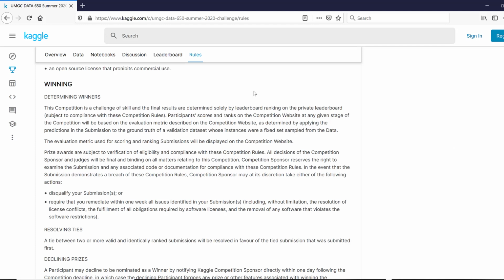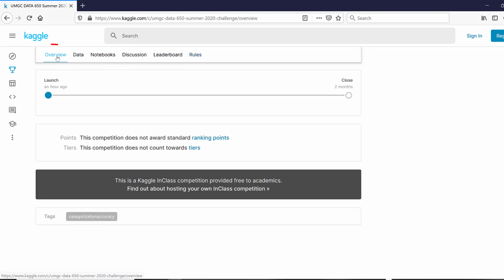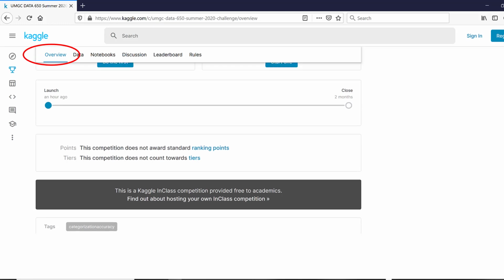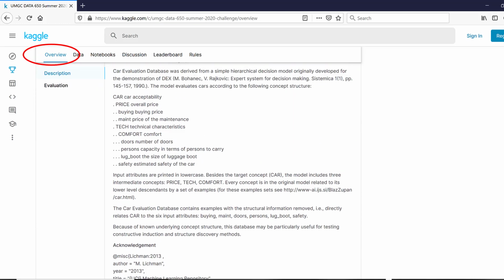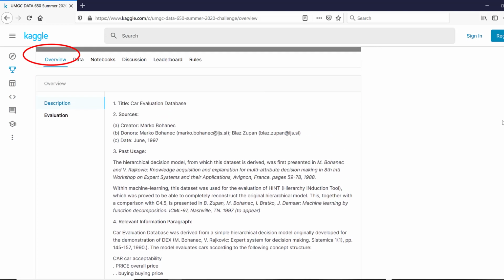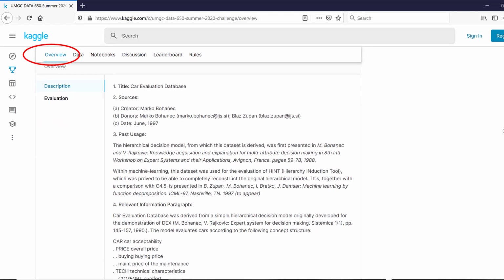So now let's move on to the other tabs here. Once you've accepted the rules, you can go to this overview tab, which will give you an idea about the particular data set. We've provided some details here as to where this data set is picked from, and also recognize the authors of this data set. So you can go through this important information about what the data set is and what it contains, right?